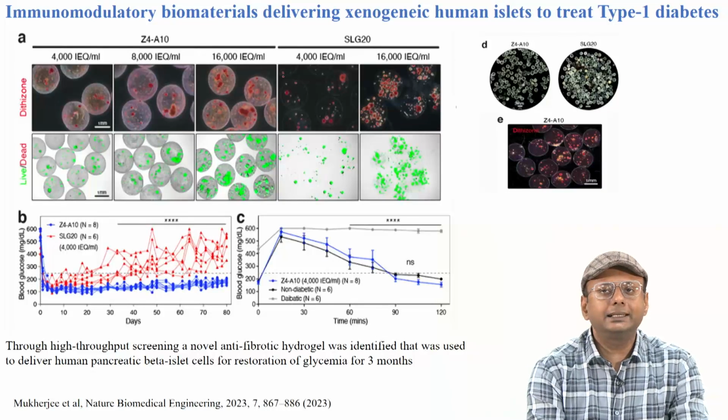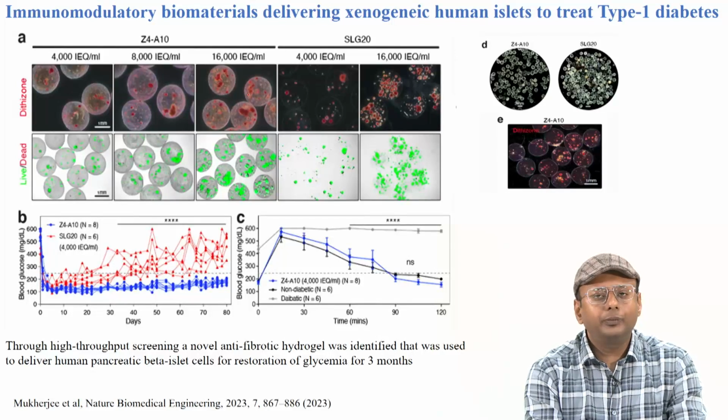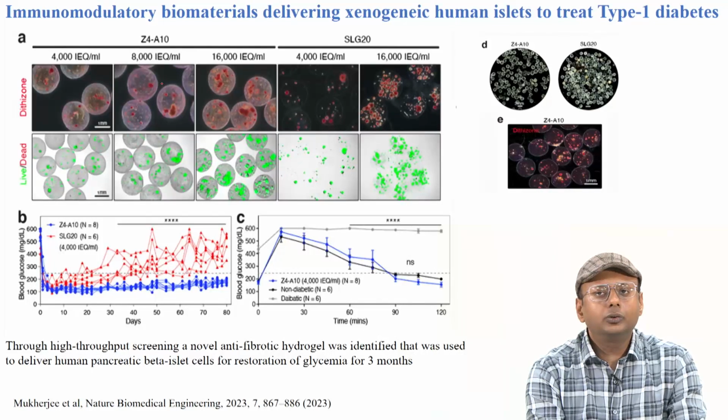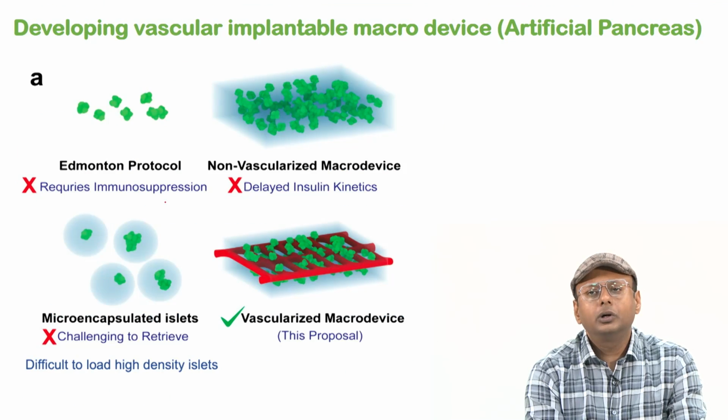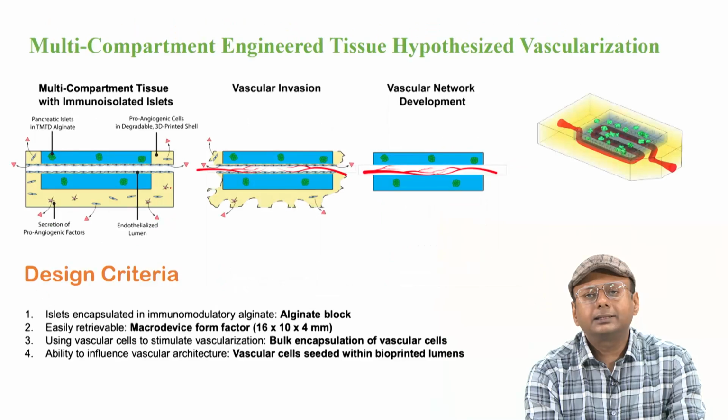So you can see in this figure what we did, we took human islets, and one thing to note is that in this case we took a very high density of islets, right? Why? Because the pancreas in our body contains a lot of, if I go a few slides after,